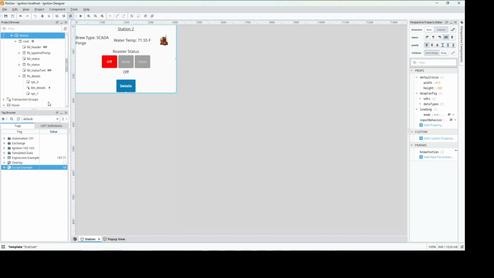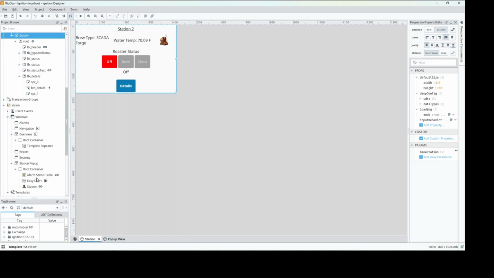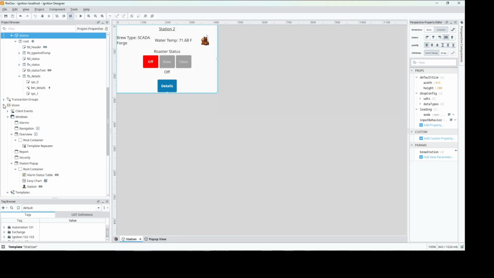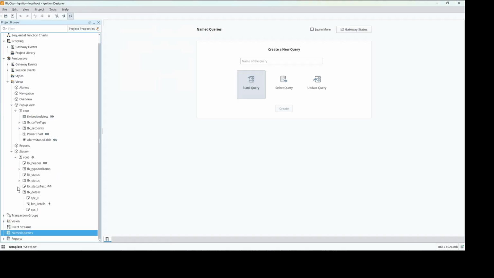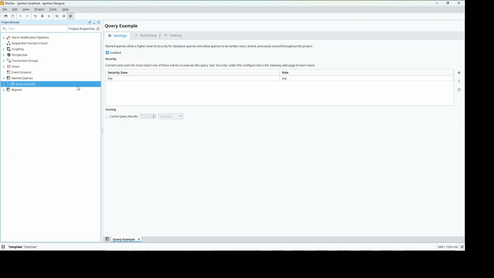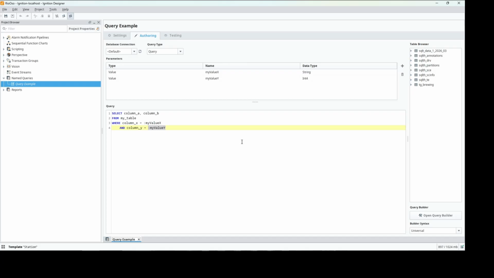And there's a number of different ways we can do this. We'll talk about named queries first, and then we'll show another example here in a minute. So for named queries, there's a named queries section here in the project browser. We can simply right-click that and do new query. We'll leave the settings as default. We'll go to authoring. This pulls up